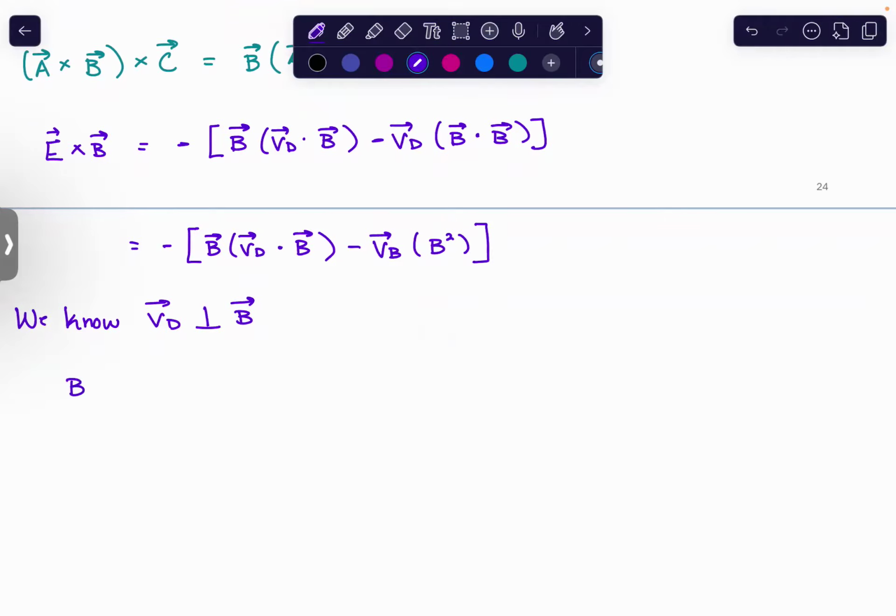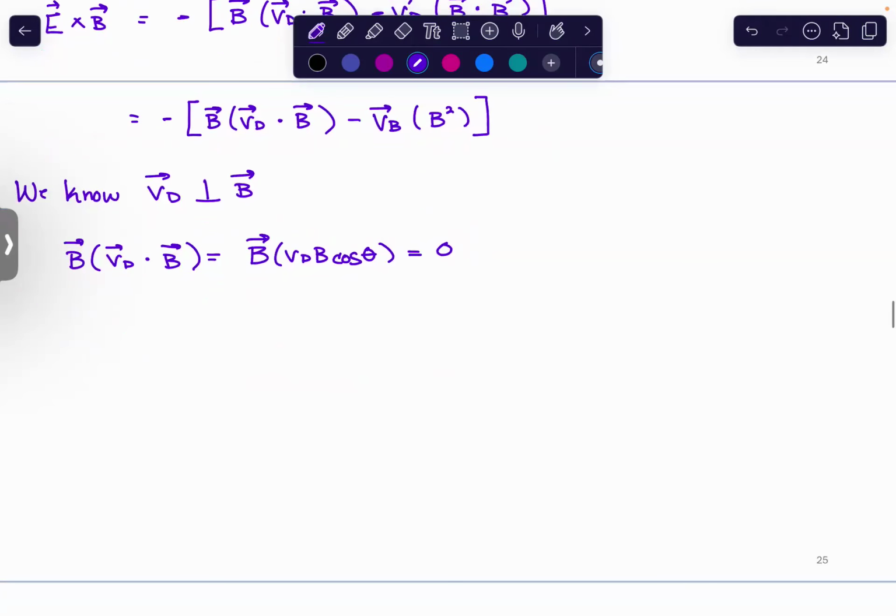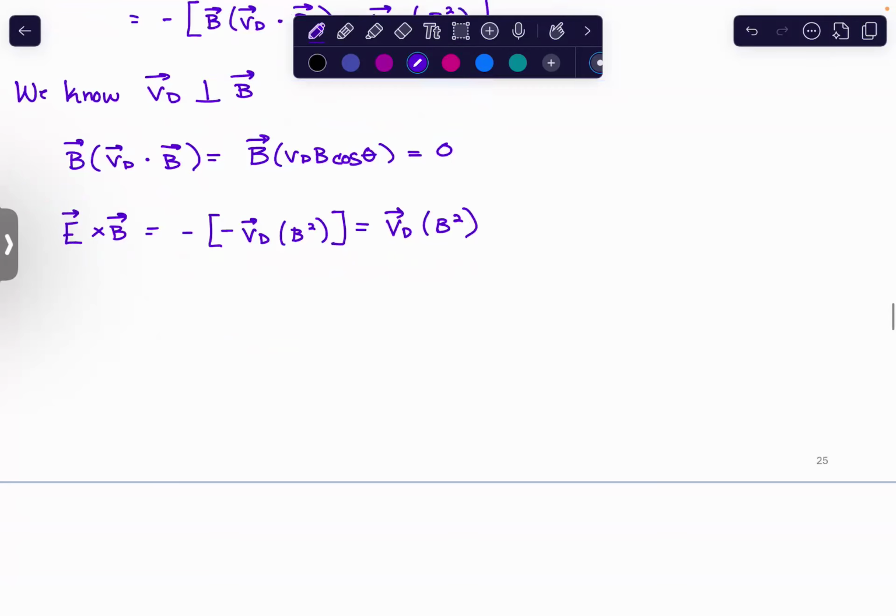So that means our B, so that whole thing equals 0. So that means that our drift velocity